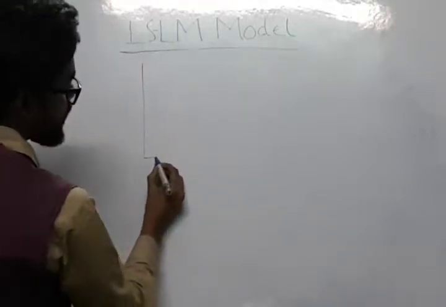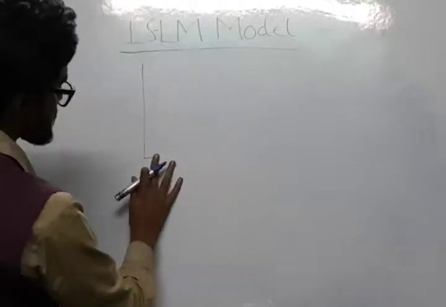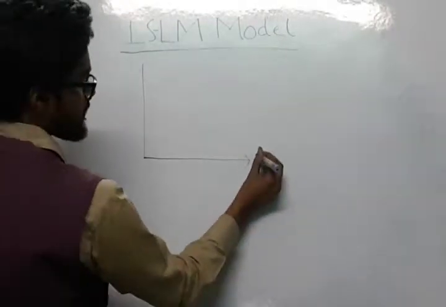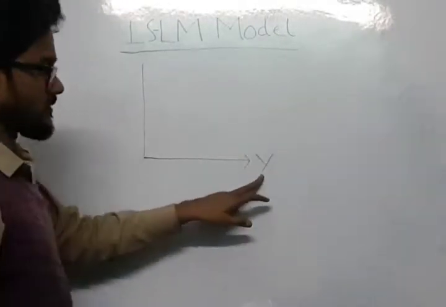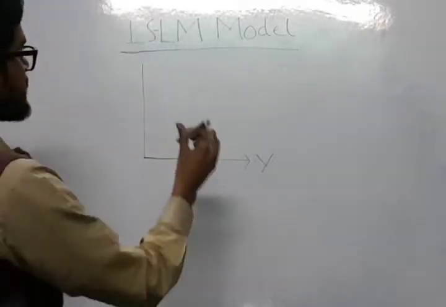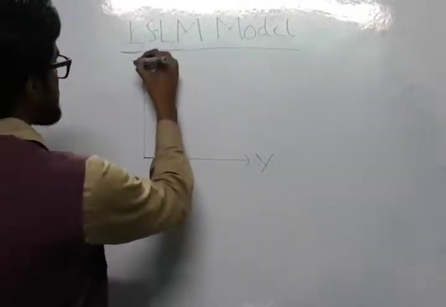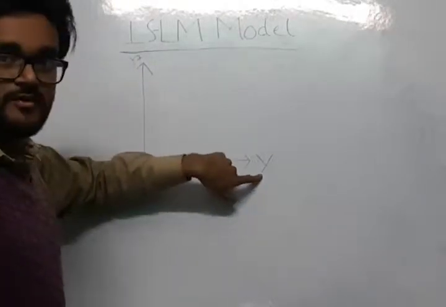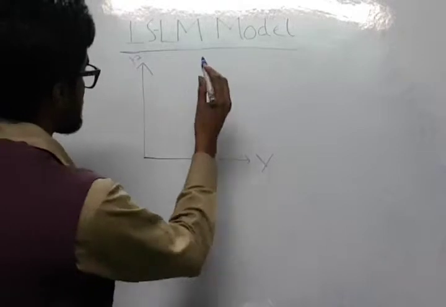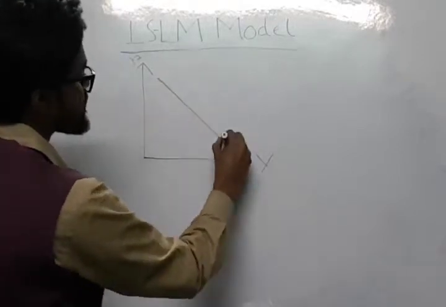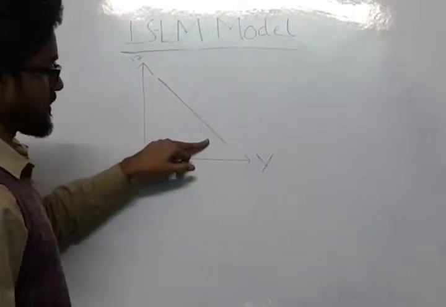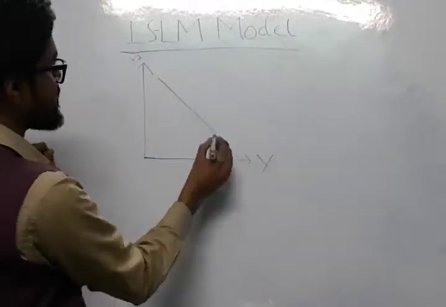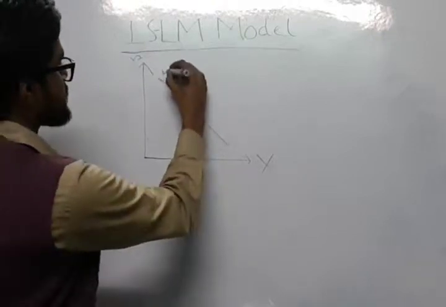As you know, on the horizontal axis, you take income, and on the vertical axis, you take interest rate, which is denoted by R, and income is denoted by Y. Now, the IS curve looks like this. It is a negatively sloped curve, as the relationship between Y and R is negative